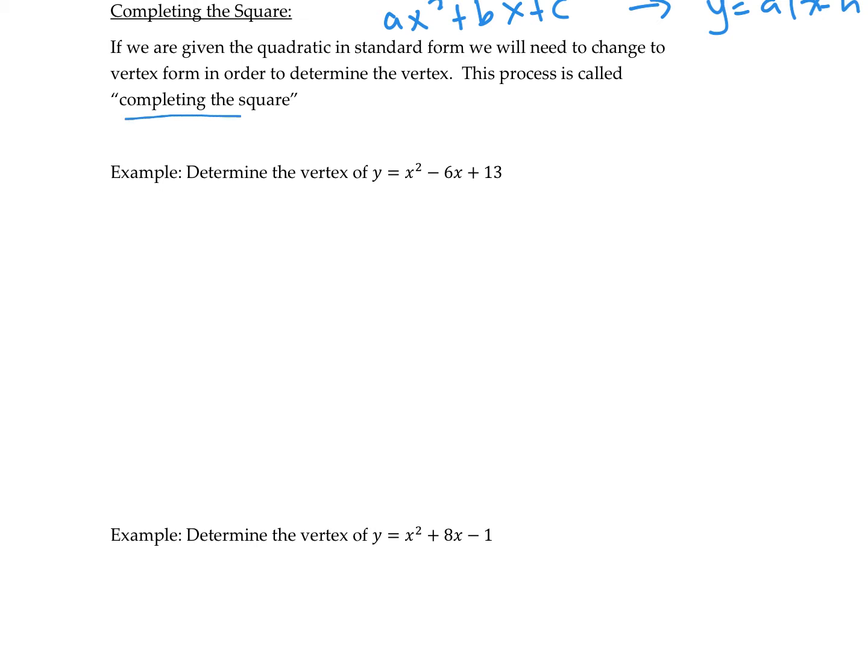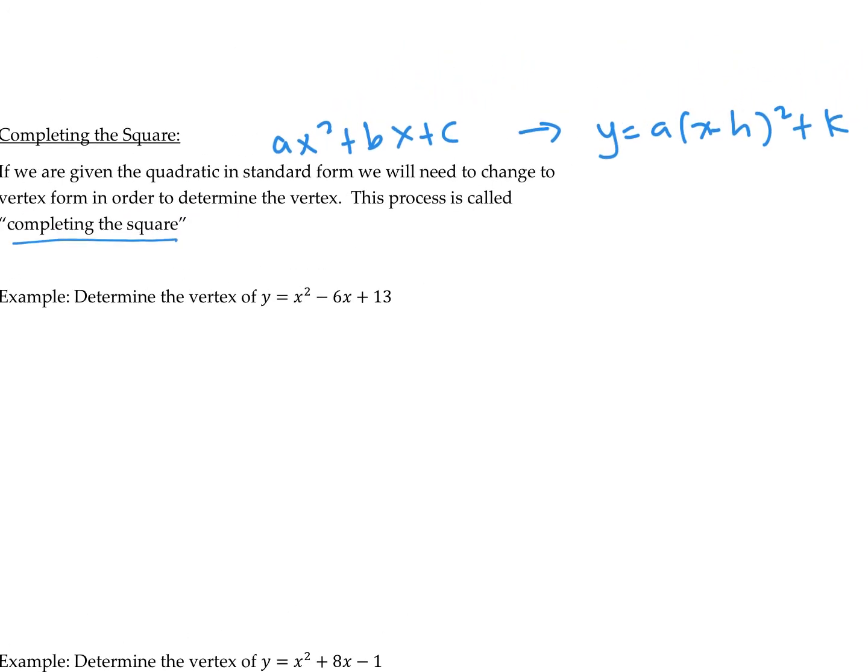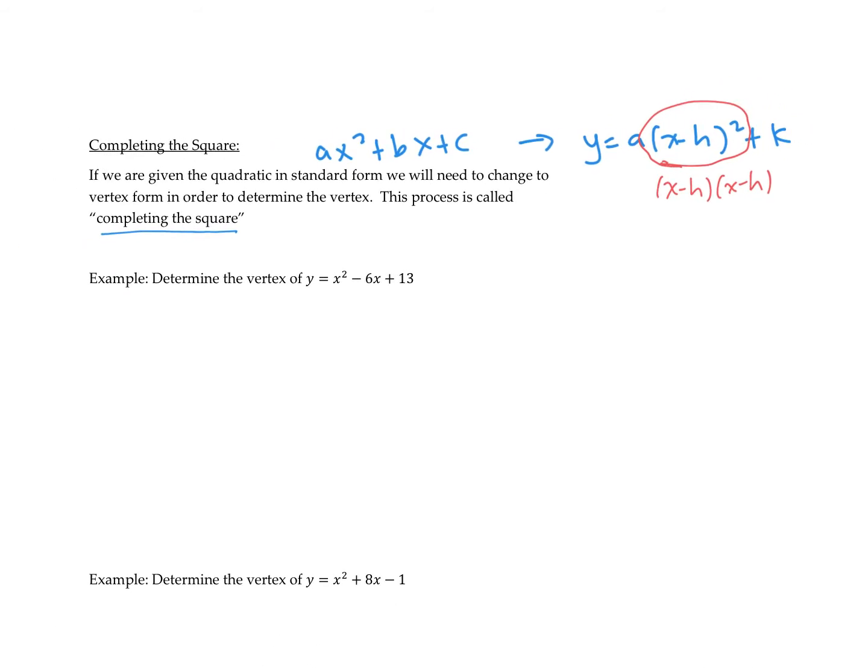This process is called completing the square, because you will see that there is a square in this vertex form. X minus h squared means x minus h times x minus h. It is a square, and that's why it's called completing the square. So what we do, if I had x squared minus 6x, and I wanted to factor that so that I get two factors that are exactly the same,